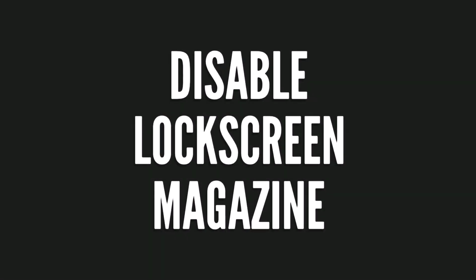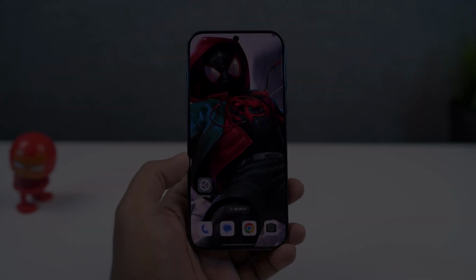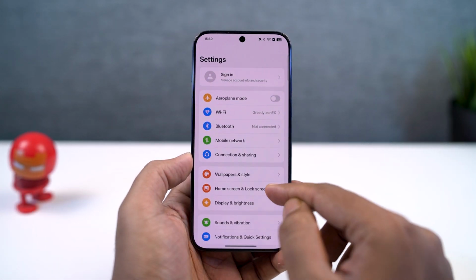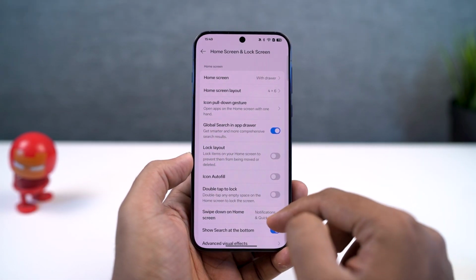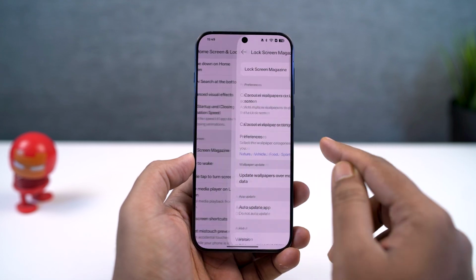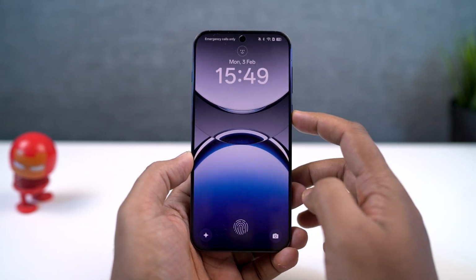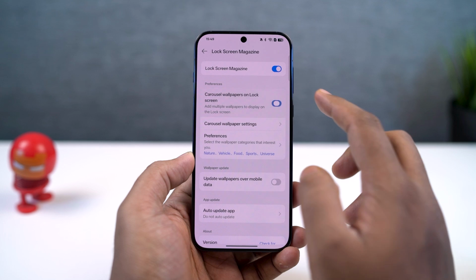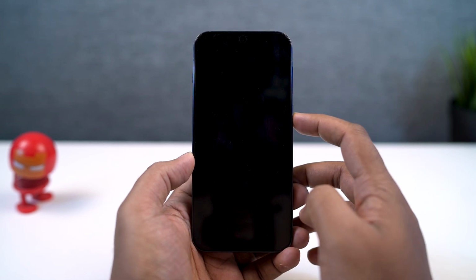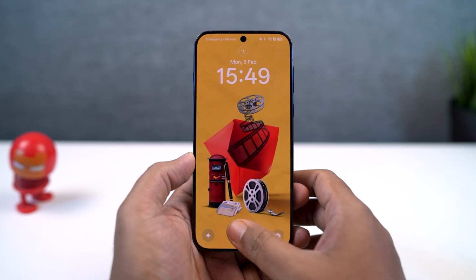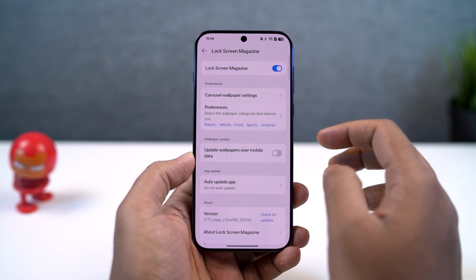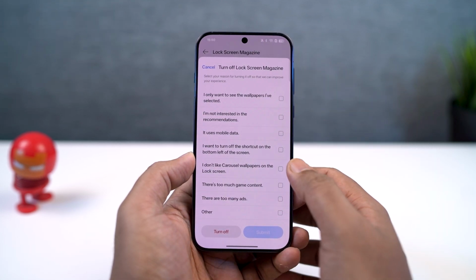Next, I'm going to show you how to disable lock screen magazine, or you might even call it dynamic wallpaper on the lock screen. First, here's a quick preview of the lock screen, and every time you lock your phone or every time you come to the lock screen, we see a different wallpaper. Some people like it, some people don't, and I personally don't like it. So if you're like me and if you want to disable it, this is how you can disable it from